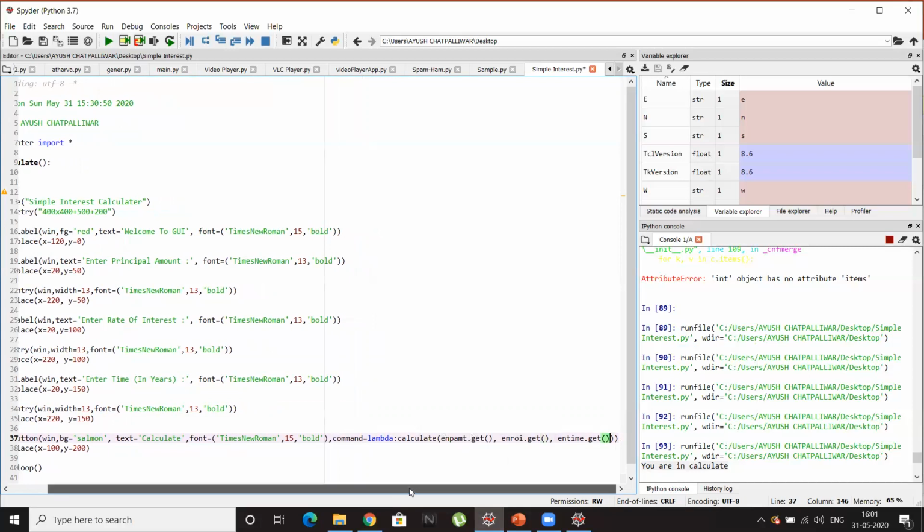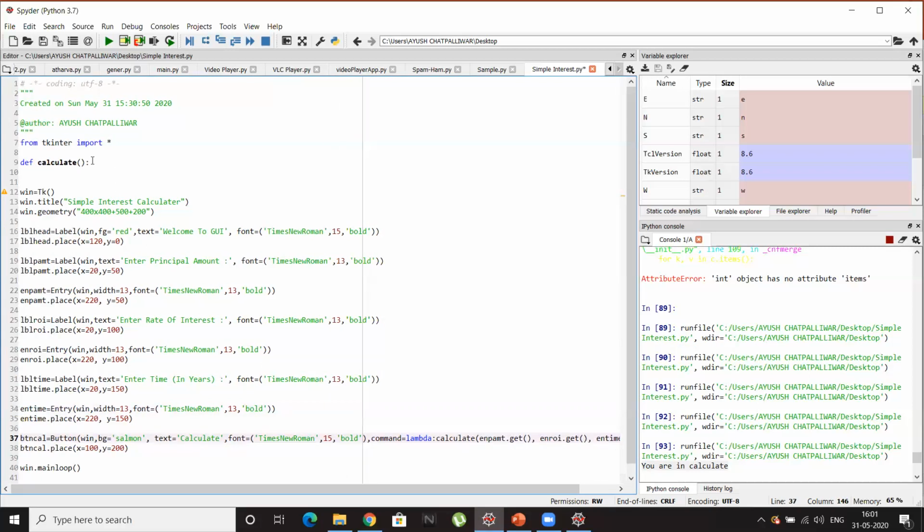So I am sending 3 attributes while calling this function, so I must also expect these 3 attributes when I define the function.